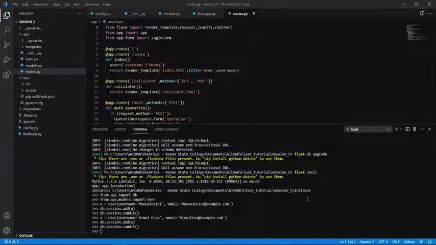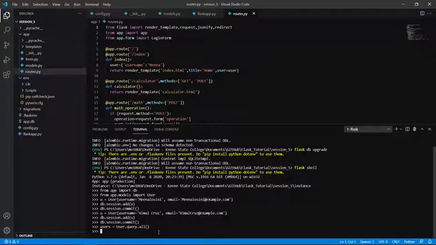Now we have to query this. Like if you know structured query language, how to query that. User.query.all. So we are running this command and we are saving the result of this command in the variable users. Okay. So we are running this command and now we are going to display this result.